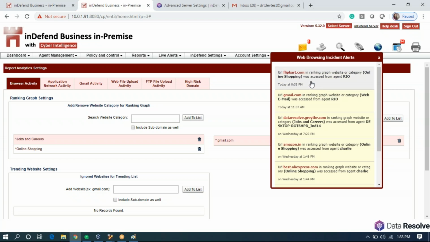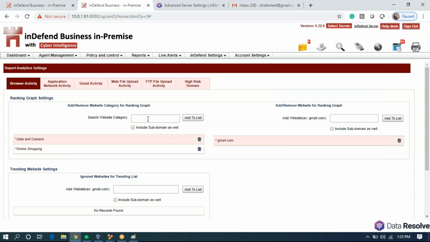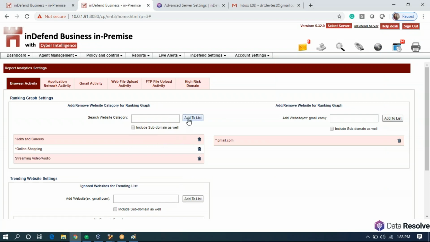So Gmail, Flipkart, jobs and career based websites, whenever they are used, you receive an alert. If you want, you can add more website categories or a specific website also from here.